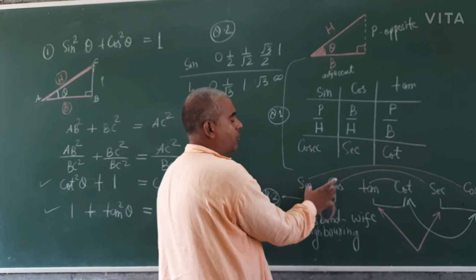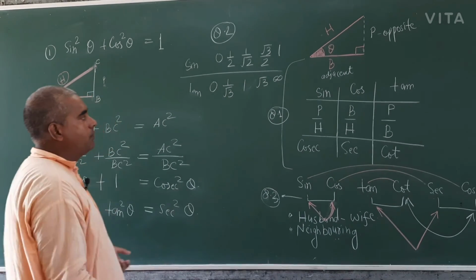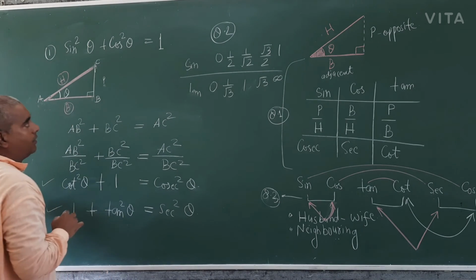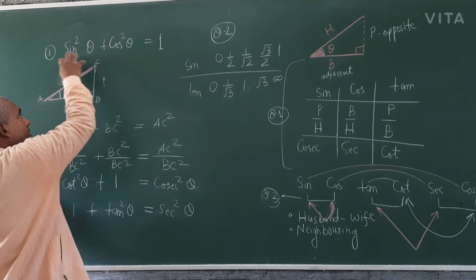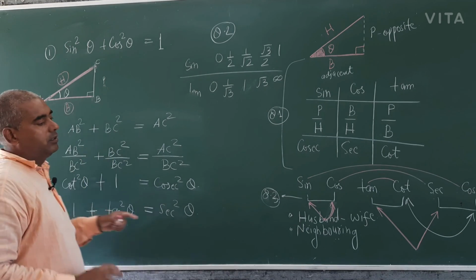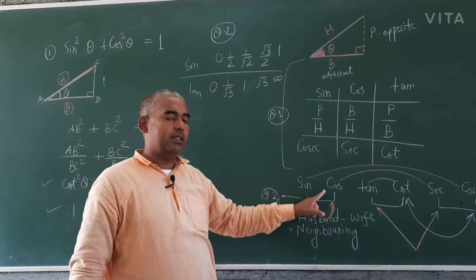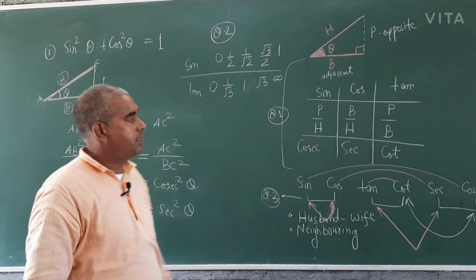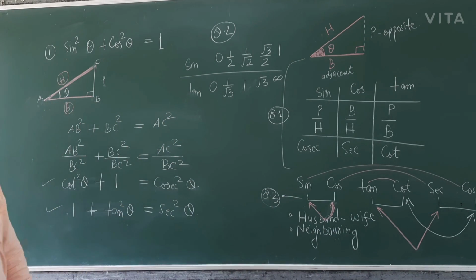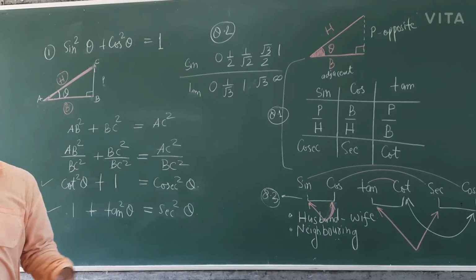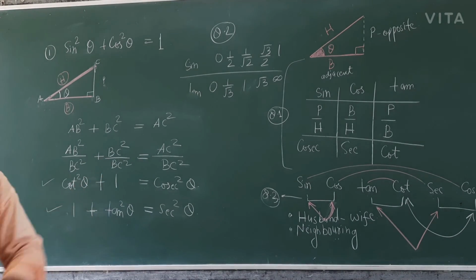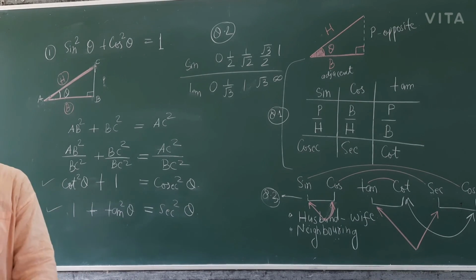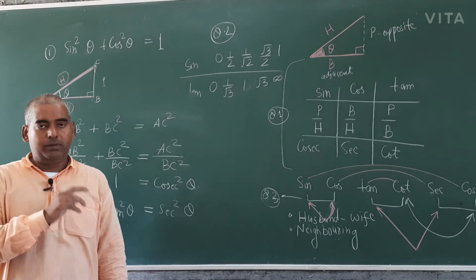These are very fundamental: sin square theta plus cos square theta. Most of the times you will see the Pythagoras theorem in trigonometry in this form. This is very important. Sin square theta plus cos square theta is equal to 1. This is the most fundamental. With the help of these three new formulas and all the earlier information, you can solve all the questions of exercise 8.4.